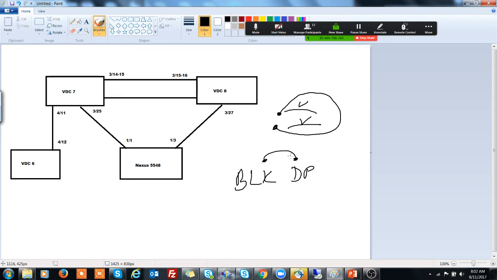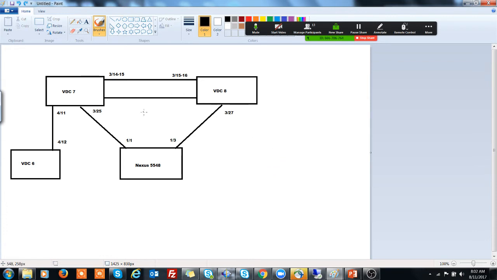Okay. Now in this whole situation, how are we going to implement it and understand it? If I take a look at this three-switch architecture, this switch is right now the root switch. So obviously these ports will be DP port mode, this would be DP port mode, this will be RP, and this will be RP. Now between VDC 7 and VDC 8, I guess on the VDC 8 side we had this port as blocking status, and this port was our DP port mode.